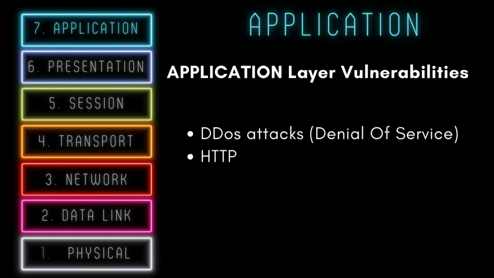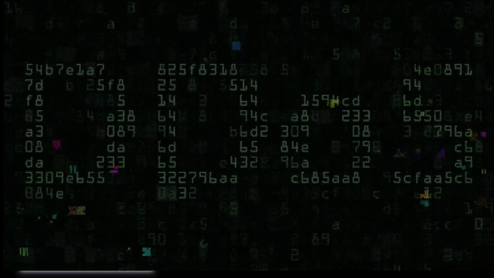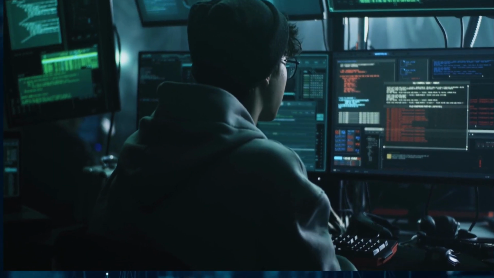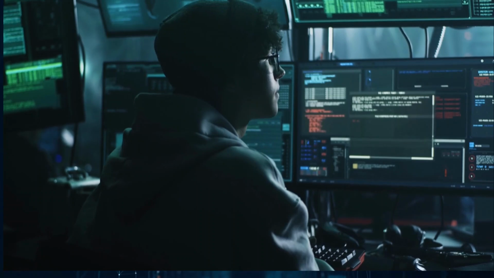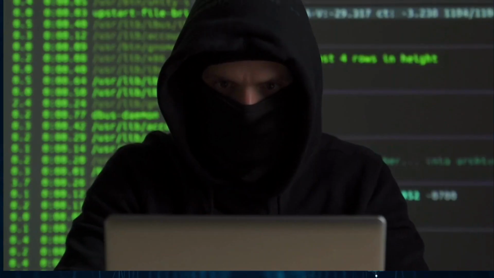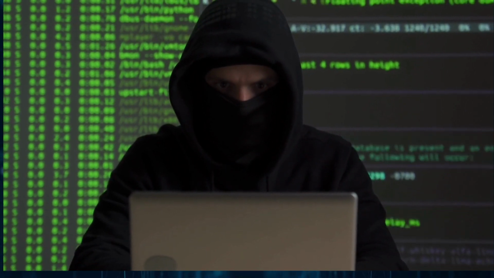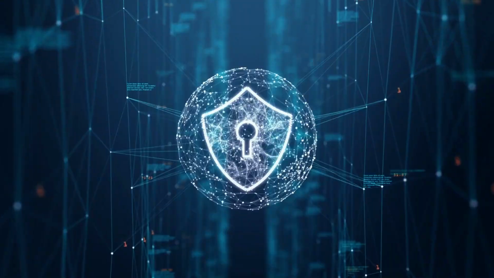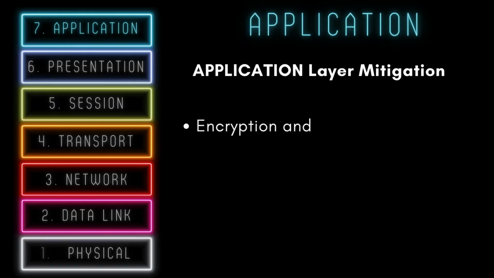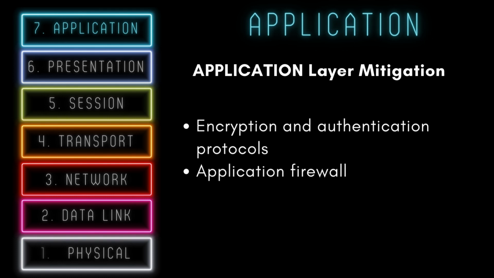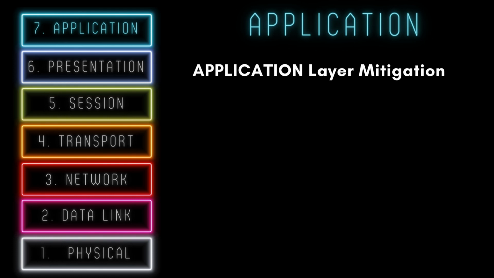The application layer vulnerabilities include DDoS attacks due to HTTP floods that target web and application servers, malicious SQL code inserted into database queries, cross-site scripting, which injects malicious code into scripts of applications, and parameter tampering between client and server. Application layer mitigation includes encryption and authentication protocols such as CAPTCHA, and web and application firewalls to shield